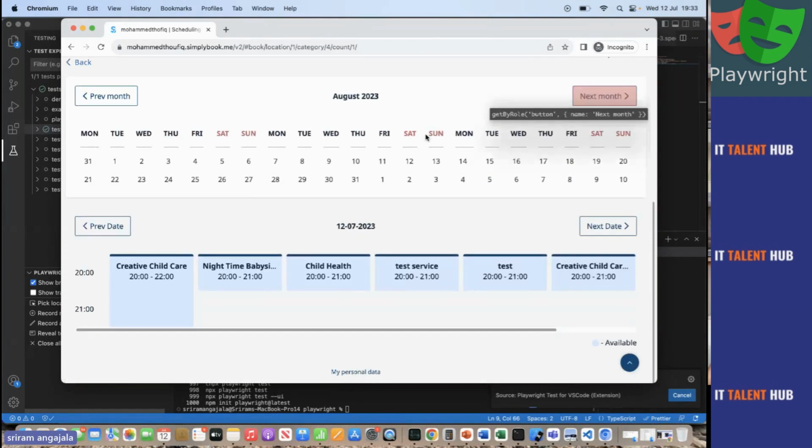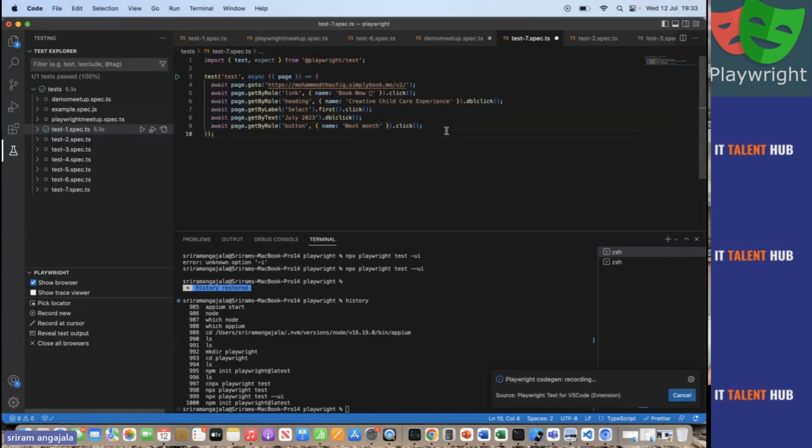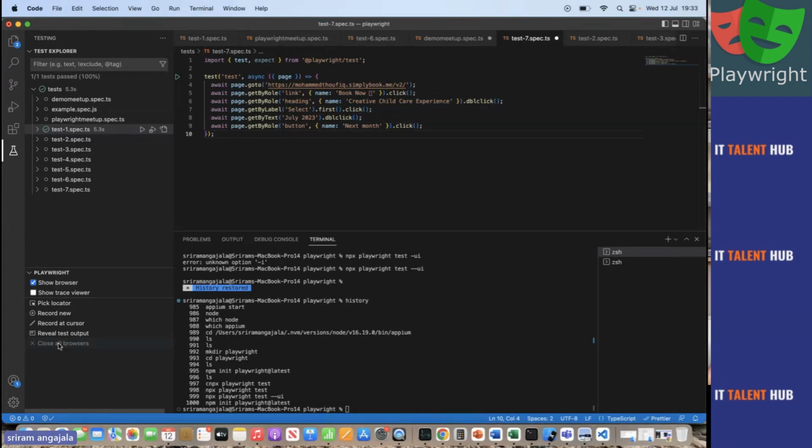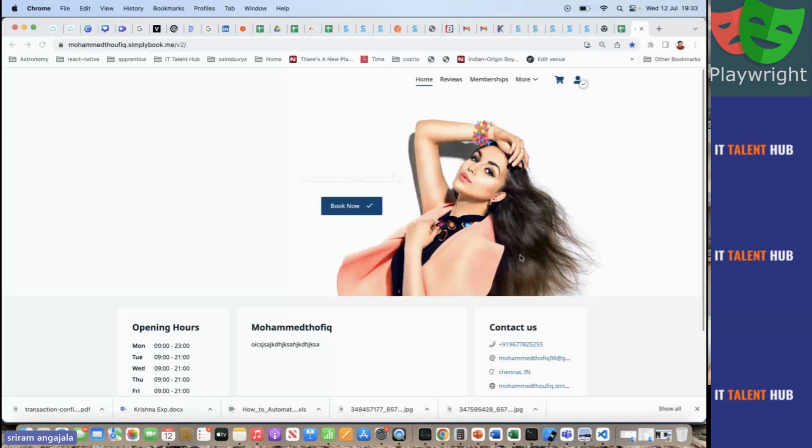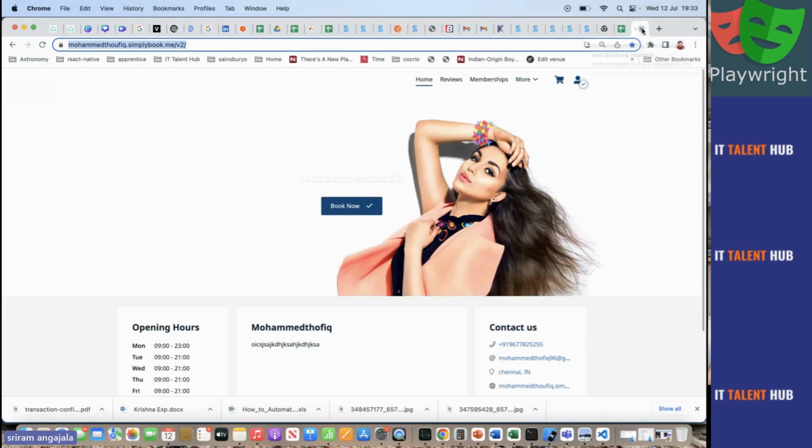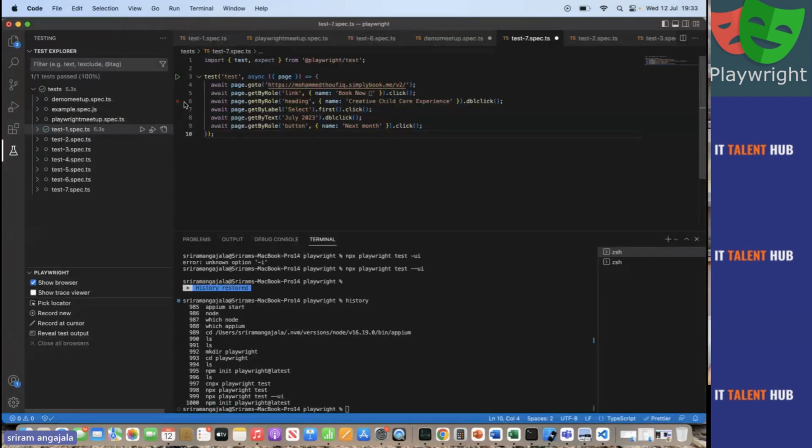So this is all done. Then I'll just be a good boy and close all the browsers. So all my browsers are closed. Believe me, this is my other browser, don't worry, my browsers are closed. Now what do I do? Nothing, no coding today. I'm not writing one line of code.